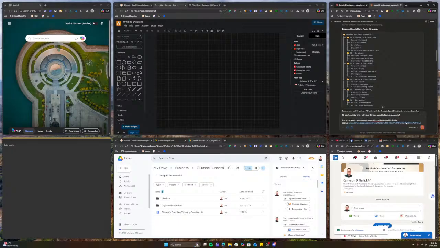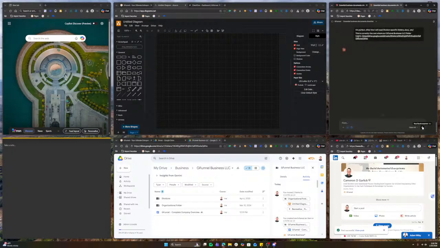Okay, now I can paste this, and since I have it connected, it should be able to create all those files and automatically upload and organize them for me. But let's just say it does not, because that's a big task. You're creating all the files and all the documents that I need, because again, we want these things organized. You're creating all those things, or you're asking me questions to be able to do those.